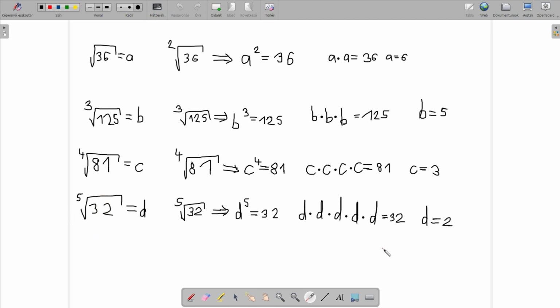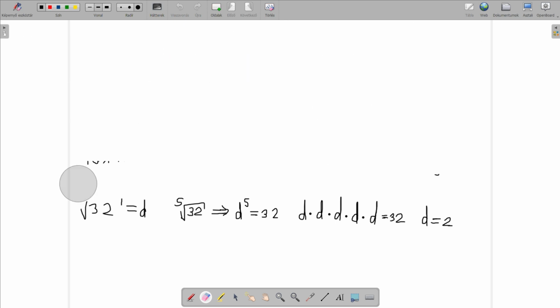So what's that number going to be? d times d times d times d times d is equal to 32, and then d is equal to 2. So you get this idea here. I think you can take a screenshot of this if you would like to, and then let's get into some